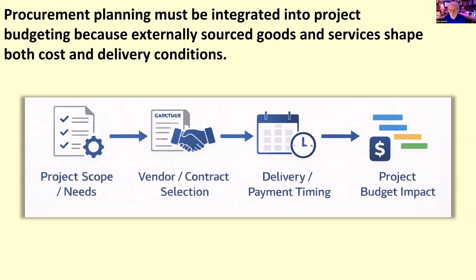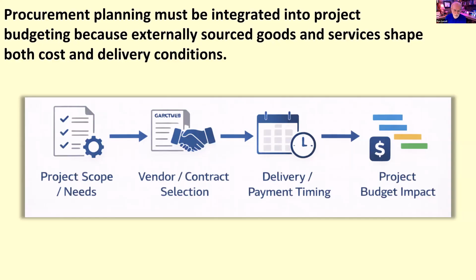project's cost structure. In some cases, procurement costs may represent only a small portion of the budget. In other cases, they may define a major share of the total project cost. Procurement decisions also affect schedule and timing. A needed vendor may have lead times, contract review requirements, delivery constraints, payment milestones. All those things shape when work can begin and when costs will be incurred. This means procurement planning or sourcing strategy is not just about buying something, it's about integrating external sourcing decisions into